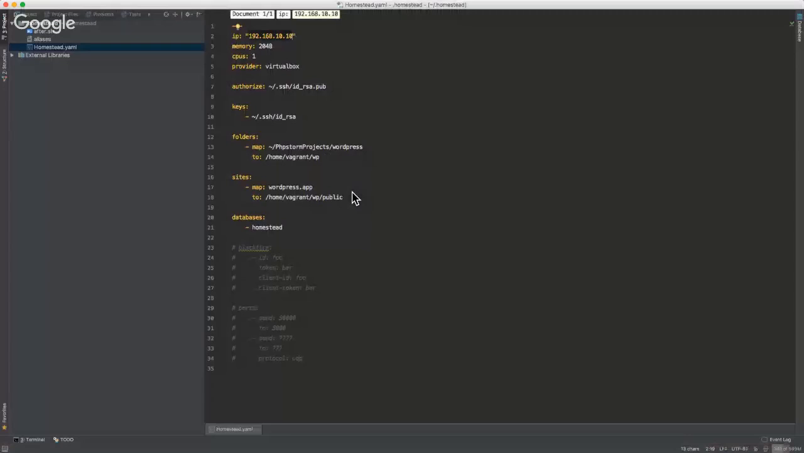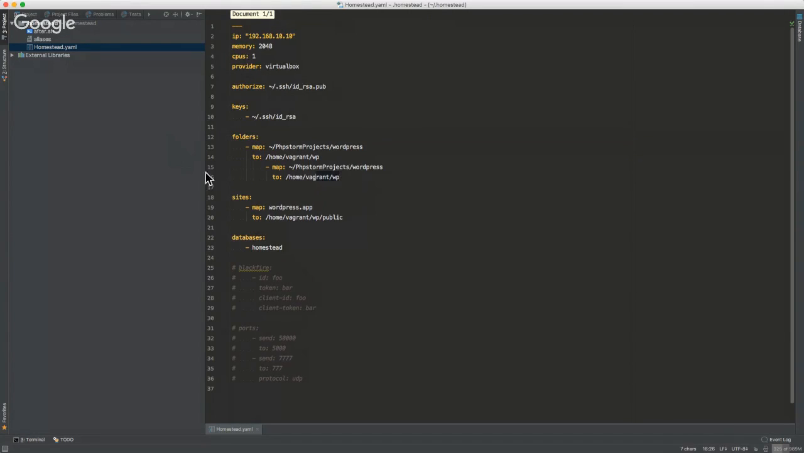All right, so now we have this WordPress application. What if we want to go work on something else? Well, all we have to do is go and add a new folder. In this case, we're going to map the OSME help site. And we'll label that OSME. We'll create a new